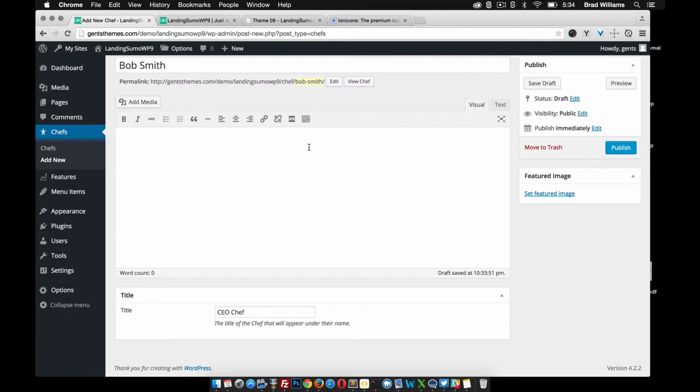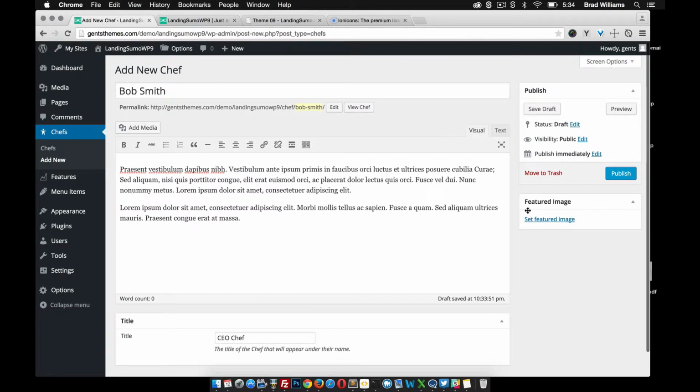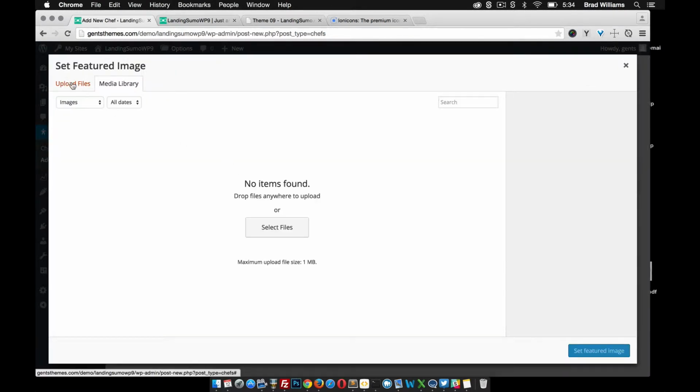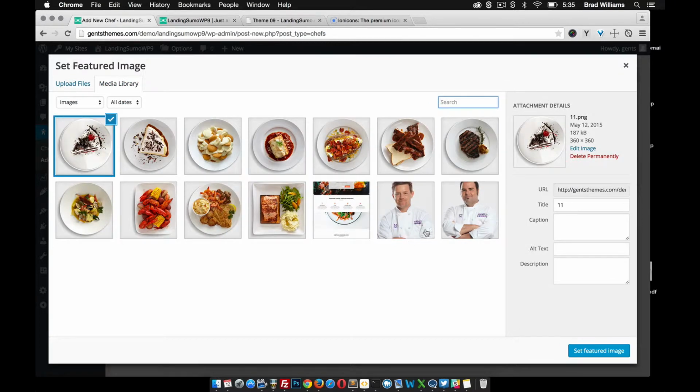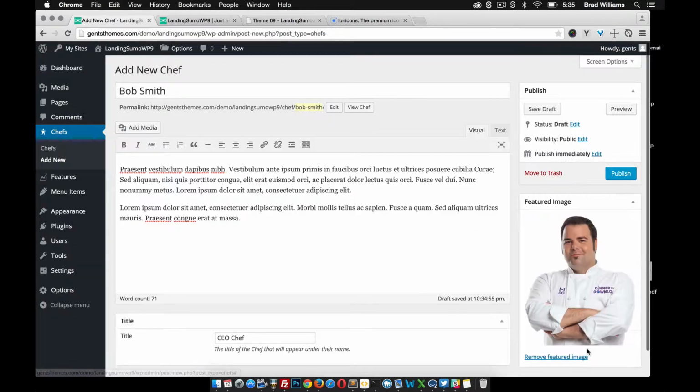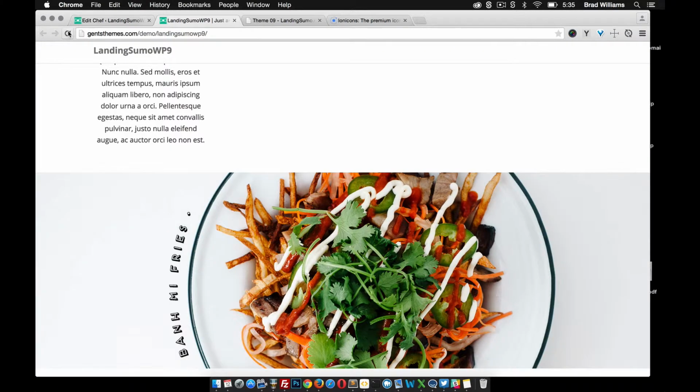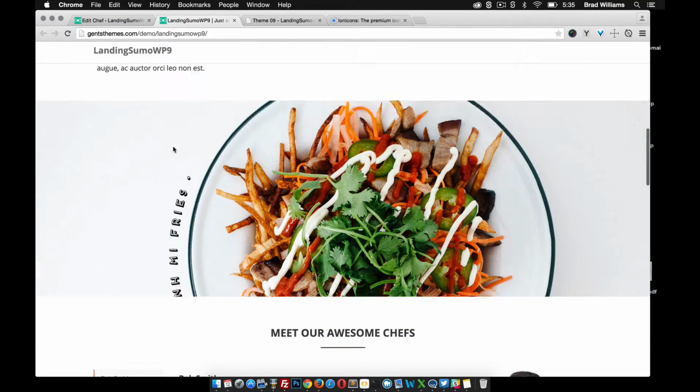Put some content in there for him, talking about him, and then we also need to upload his image. So I'm going to use this image here, set the image, publish that, and if you reload, you'll see that